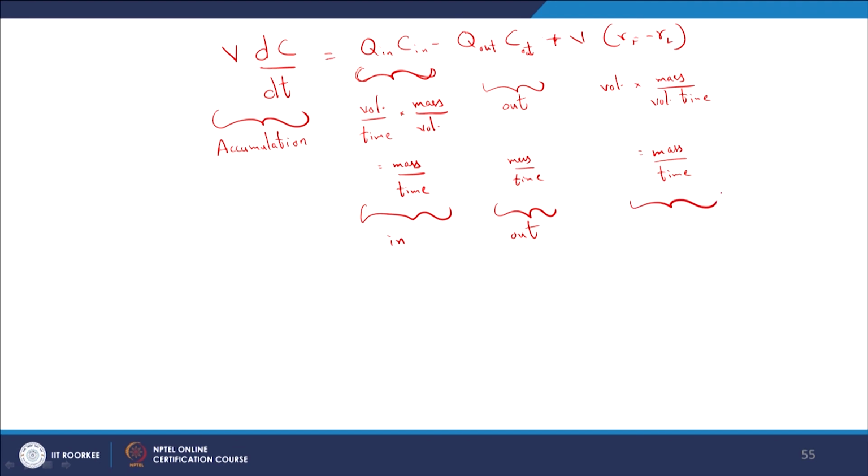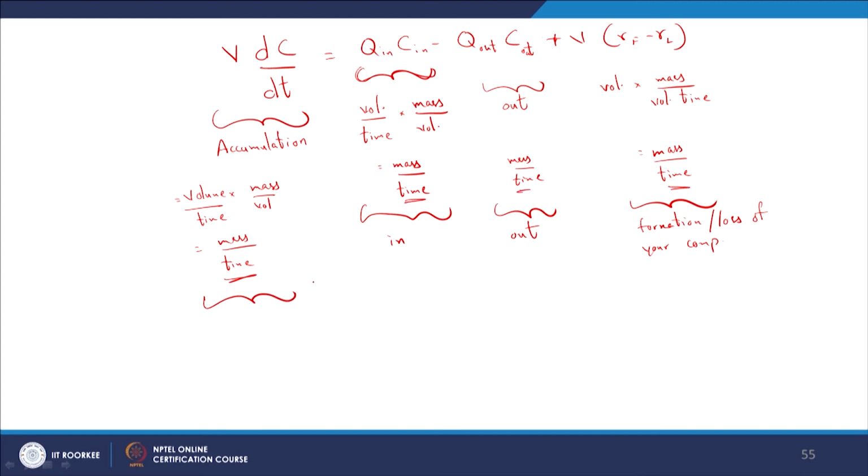So, this will give you an idea about the formation or loss of your compound, right. And this obviously again, what is this equal to? Volume into concentration is mass per volume, and the differential is per time, right. So, that is again equal to mass per time. So, all the units are more or less mass per time as you see, right,